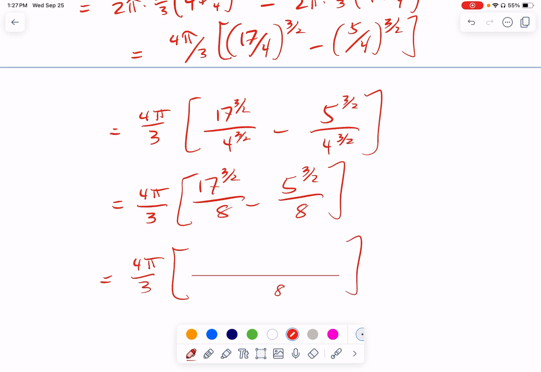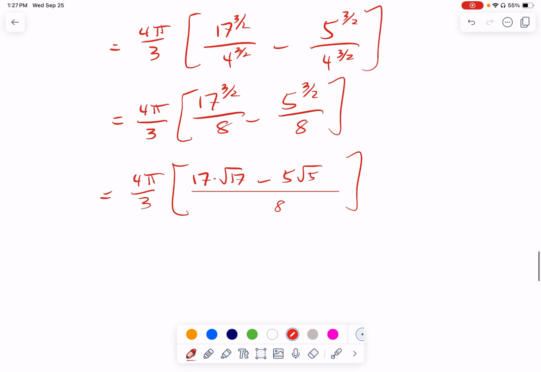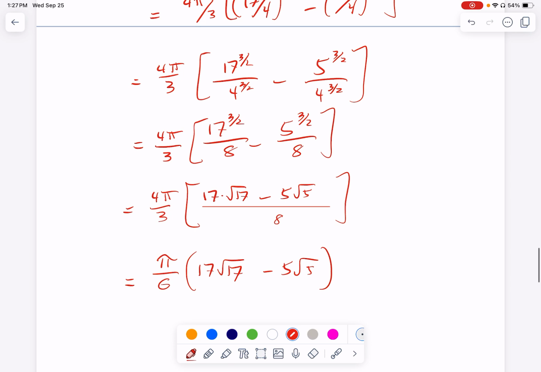And we'll remember 3/2 power just means one of them times the square root. And then finally, we notice that the 4 and the 8 would cancel. So if we bring this in front, we actually have pi over 6. This is 4 pi over 3. It would be 4 pi over 24 if we multiply. So this is probably the nicest way to write this, which isn't particularly nice, but it is kind of pleasant